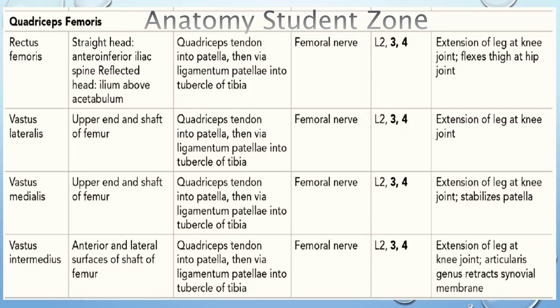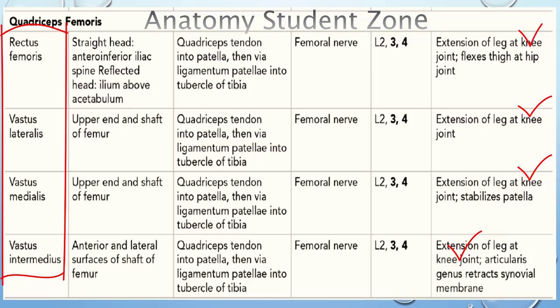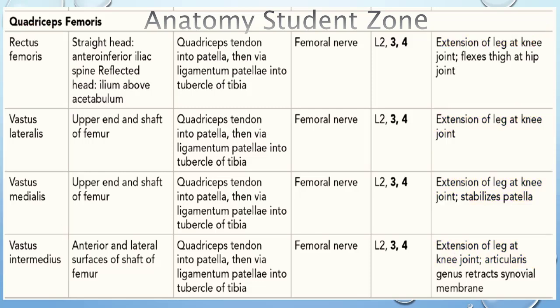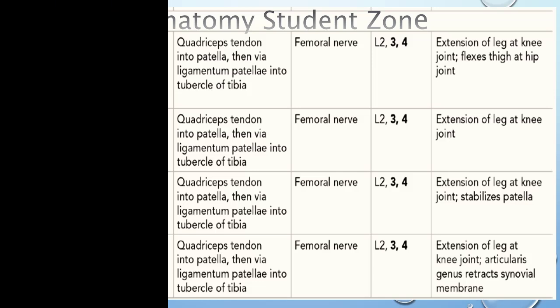And as already I have covered, only the rectus femoris is the muscle that is going to act at the hip joint besides acting at the knee joint. So it helps in flexing the thigh at the hip joint. While all quadriceps muscles along with rectus, they act on the knee joint as well. So they are extensors of the leg at the knee joint. So their main function is flexing the thigh at the hip joint, and they are also extending the leg at the knee joint. After covering all the muscles, now I will tell you some important points for exam.